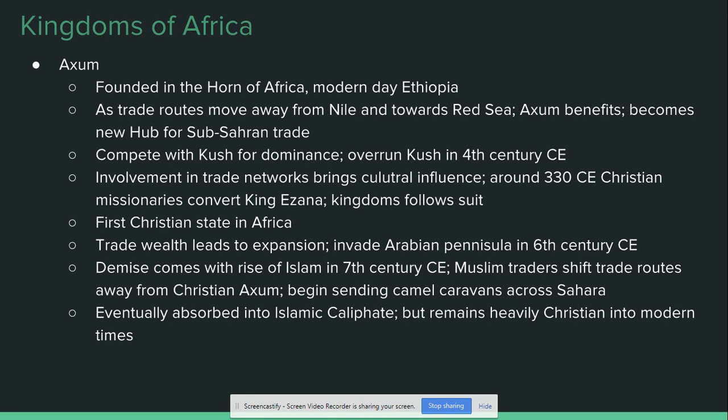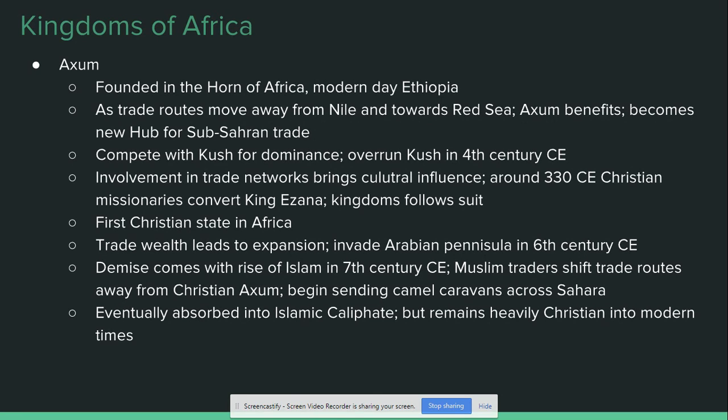As Islam begins to rise and expand in the Arabian Peninsula in the 7th century CE, Axum starts to see a massive decline. As Muslims become the dominant force in the region, they begin to shift their trade routes away from Christian states like Axum, and they begin to send caravans across the Sahara Desert directly, essentially cutting Axum out of the majority of the profit that they had been enjoying for several